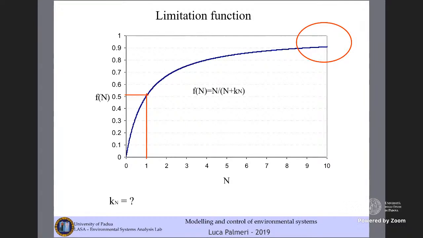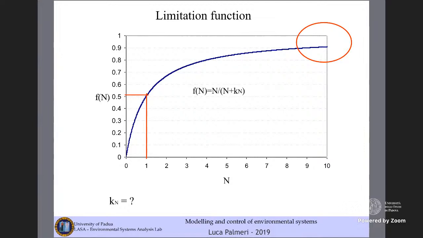In particular, when we are dealing with living organisms, like for example plants, given that the number of offspring produced by one organism is proportional to the number of organisms itself,